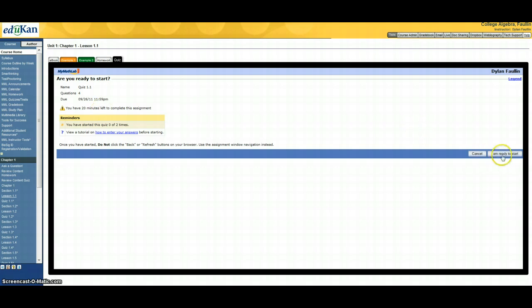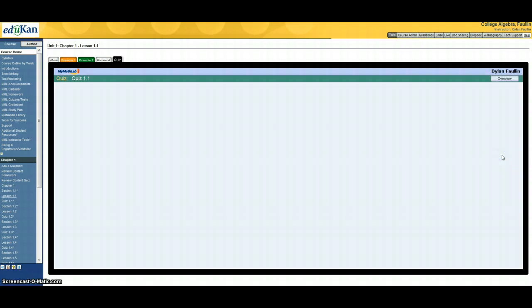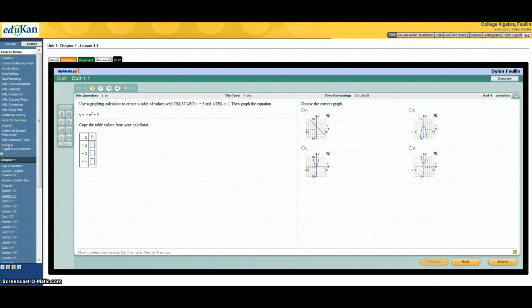You just click on I am ready to start, and it'll jump you right into the quiz. I set up the quiz to be like how it's going to be when you take the test. So you won't have any resources over here, just like when you take a test, you won't have any resources. But you get a second attempt, and it lets you kind of know how ready you are for the test. So that's basically how the lessons are set up and how I intend for you to move through the material